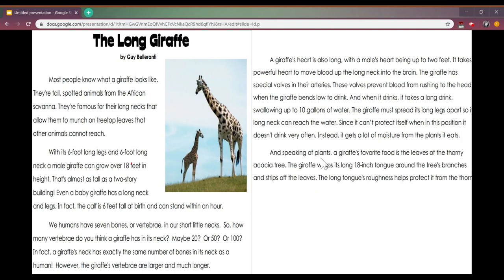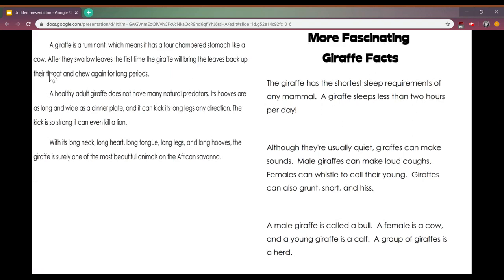And speaking of plants, a giraffe's favorite food is the leaves of the thorny acacia tree. The giraffe wraps its long 18-inch tongue around the tree's branches and strips off the leaves. The long tongue's roughness helps protect it from the thorns. A giraffe is a ruminant, which means it has a 4-chambered stomach like a cow. After they swallow leaves the first time, the giraffe will bring the leaves back up their throat and chew again